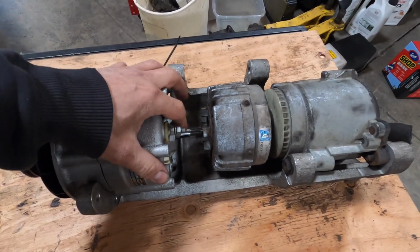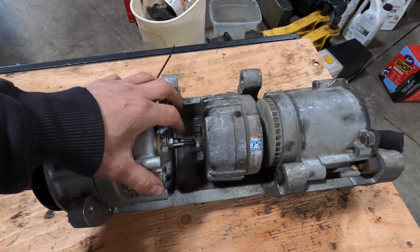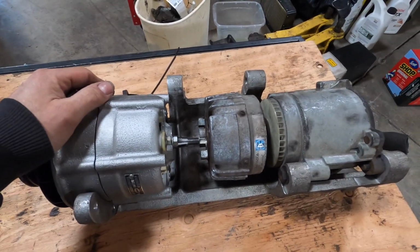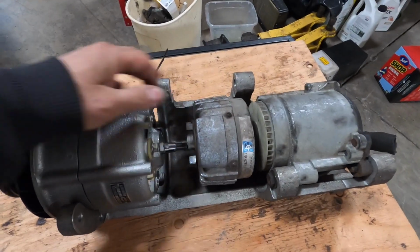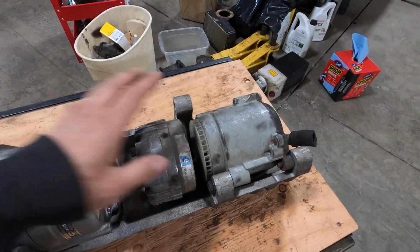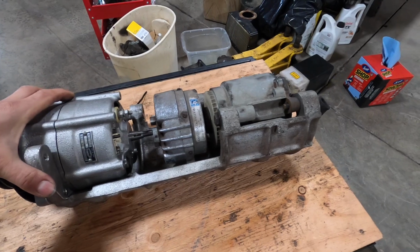I'll put it in a bag and leave it with the car, so that way if somebody ever for some reason wants to put an air pump back in on this car, the emissions air pump, and reconnect it so that this thing works, they'll still have the parts and pieces to it. But I've decided I'm going to keep it mounted, because sometimes these cars, they want to see emissions equipment on